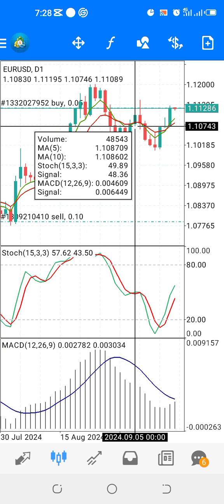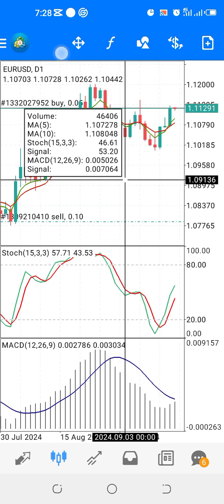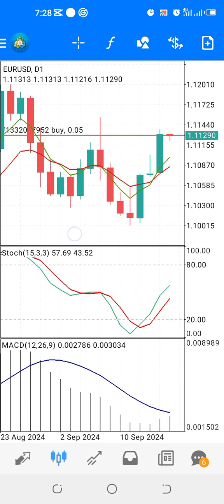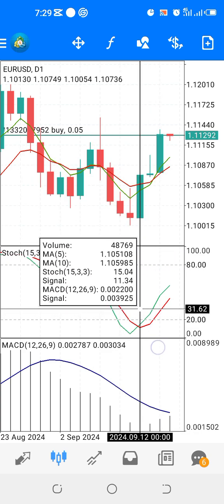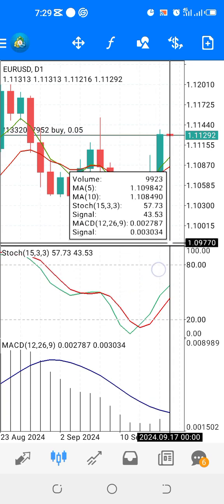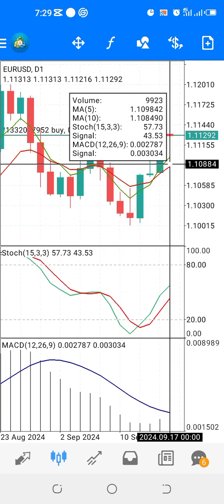So the number 5 point you have to consider is to define your entry and exit. By entry, wait till all your indicators, including candlesticks, match. That is, if you are entering a buy, for example, ensure that everything matches: that your candle is up, your stochastics has crossed over, and your moving average has equally crossed over. Everything must be in line. Wait for all the indicators, including your candlestick, to match.